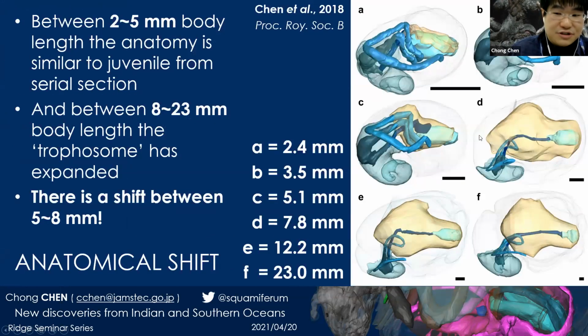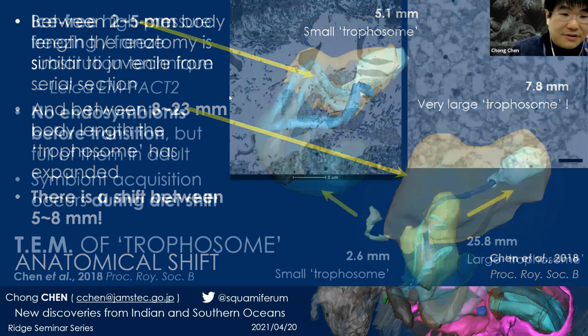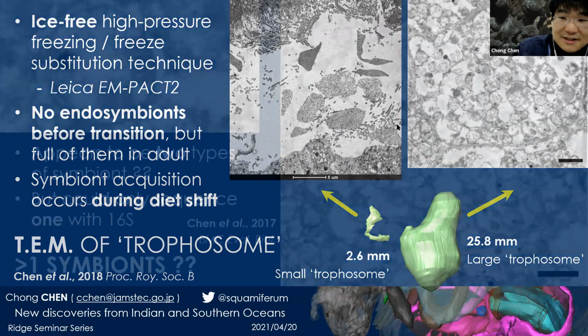And we found there's a nutritional shift at a size of about 2 to 5 millimeters in Gigantopelta. So between about 5 millimeters to 8 millimeters, they switch from normal grazing, eating bacterial film, to having endosymbiotic bacteria. And this is not seen in the scaly-foot and supports the fact that they have different developmental mechanisms and therefore probably arose separately in evolution. And if we look at endosymbionts, there are no endosymbionts before this 5 millimeter size, and then suddenly there are cells packed with endosymbionts. But what was interesting was that if we look carefully in the TEM image that we got from these snails,